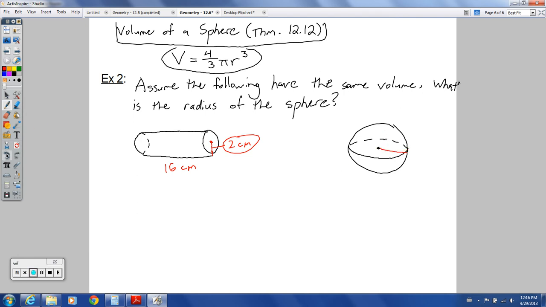There we go. So the radius is an unknown quantity. And if these have the same volume,